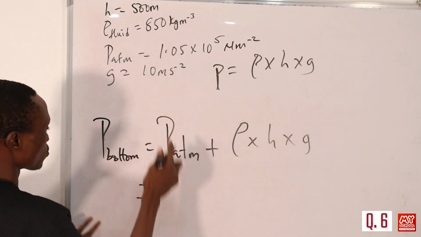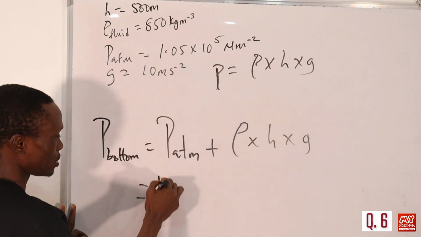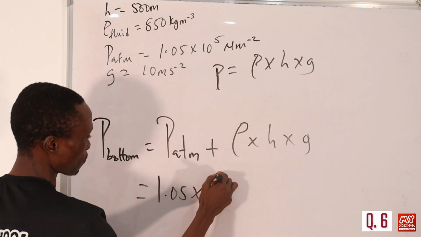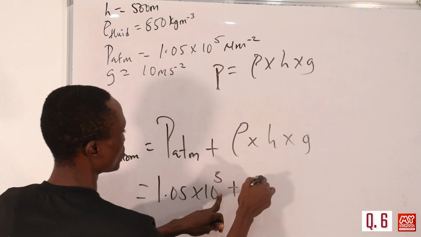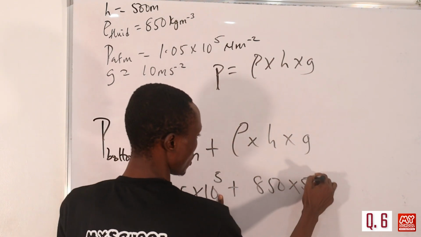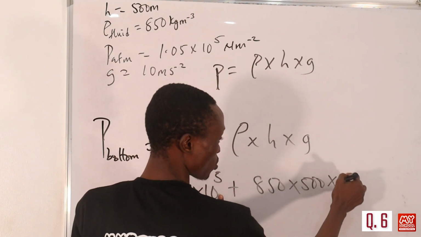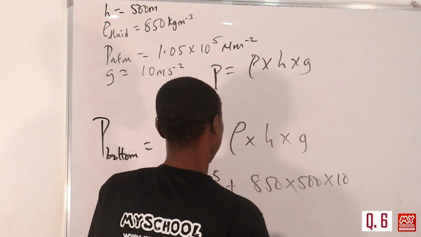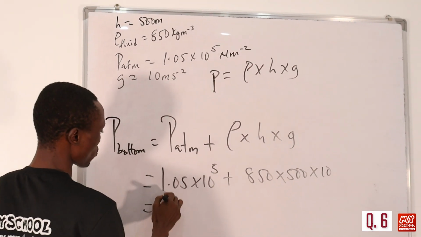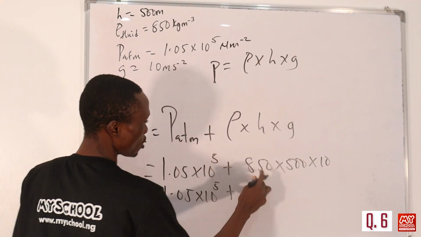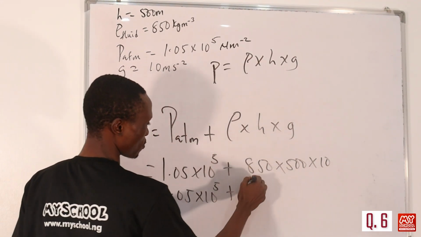Okay, so if we substitute the values that are given to us, here we'll be having 1.05 times 10 raised to power 5, then plus 850 times the height, which is 500, then times acceleration due to gravity, which they ask us to take to be equal to 10. Okay, so if we multiply this together, here we'll be having 1.05 times 10 raised to power 5, then plus, so if we multiply these three together, we'll be having